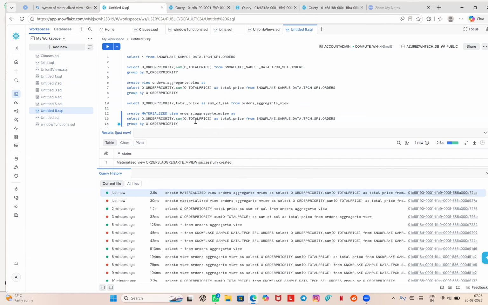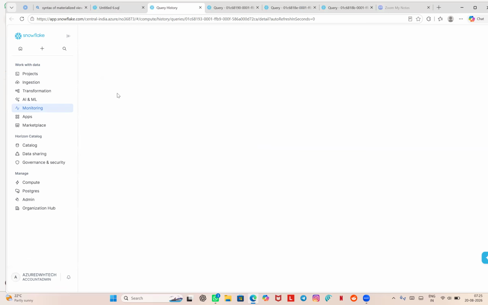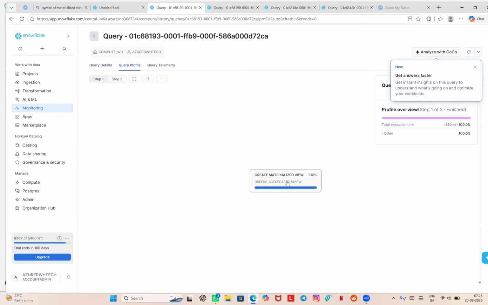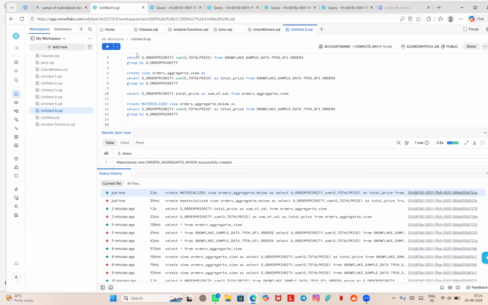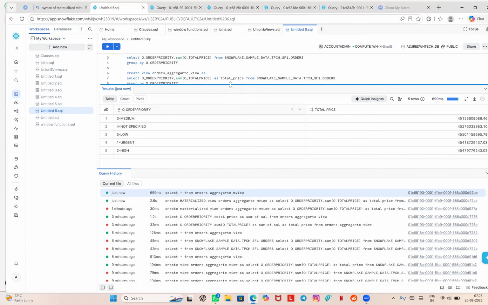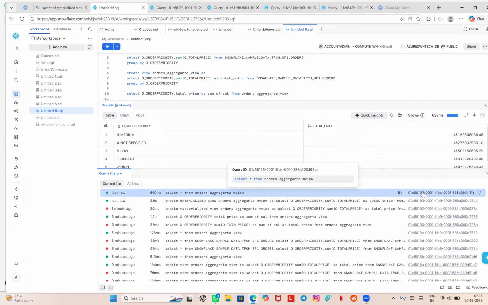Now, you can even check the query ID here. This is important actually. The materialized view got created. You will get the same result because we used the same query, we just changed the name. So when you execute this,